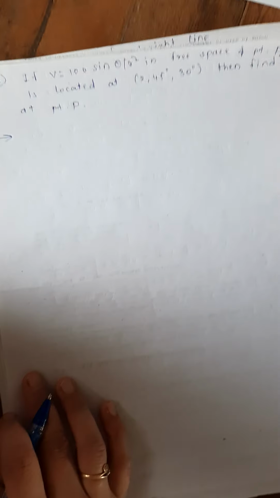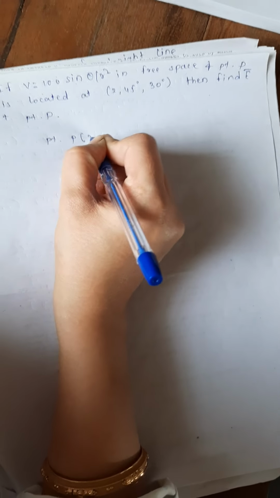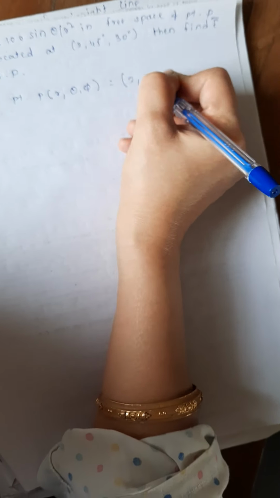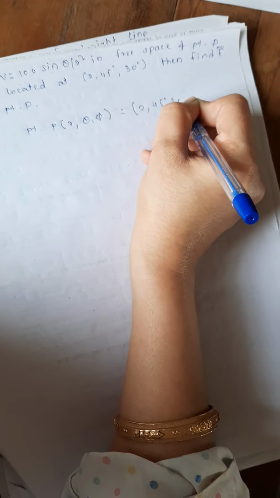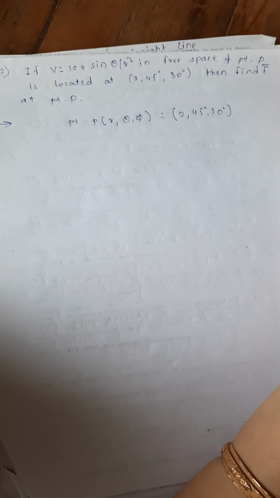So here the coordinates of P are given. Point P is r, theta and phi, and these coordinates are 2, 45 degree and 30 degree. Now here P is in which coordinate system? P is in spherical coordinate system, and we have the equation of delta V in spherical coordinate system. We write here